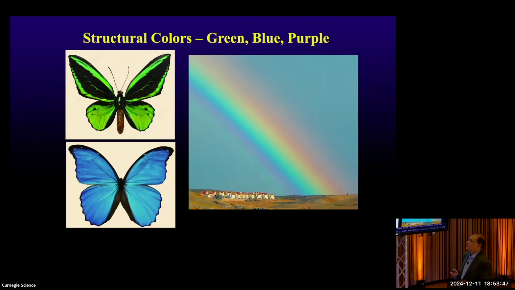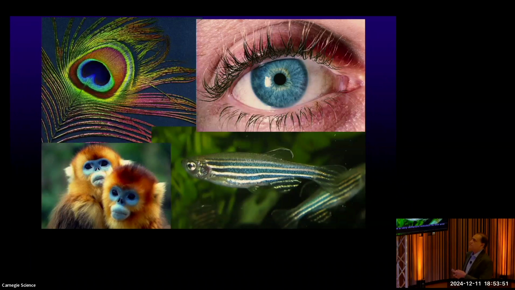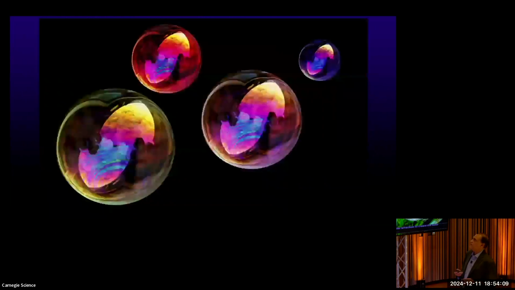Okay, so it turns out that they have a very different solution to this. And it's not just butterflies. It's all sorts of examples like this. So bird feathers, where you see green and blue, even the faces of monkeys, the iridophores of fish, and even human blue eyes. There's no blue pigment in any of those things. And instead, they use the phenomena of light refraction to create the color instead. So how does that work? The best way to think about it is like a soap bubble. So the soap doesn't have any color, but the soap bubble has all the colors of the rainbow. So how is that possible?